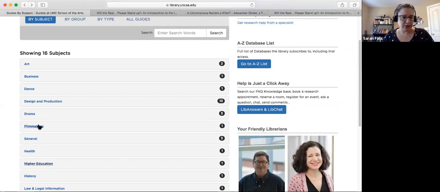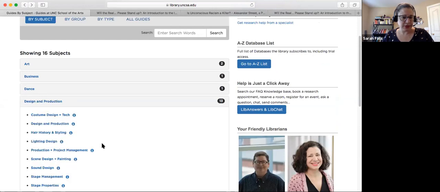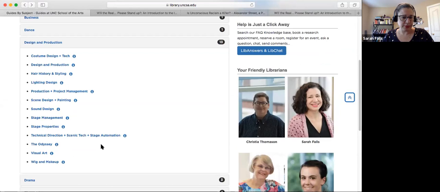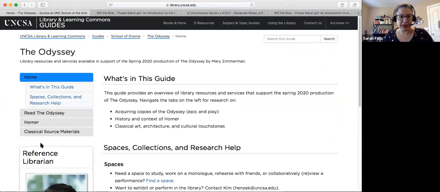Let's see, and I should have pointed out another piece that over time we'll really be emphasizing, which is creating production guides. We had this for the Odyssey, but particularly where we have productions that link so closely to, or are derived from, literature, these are really rich areas for us to come in and do a little bit of research and provide